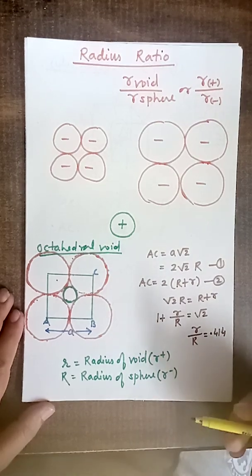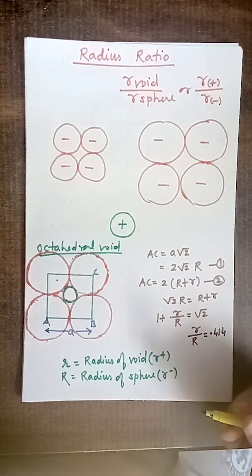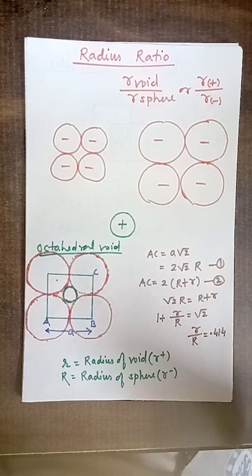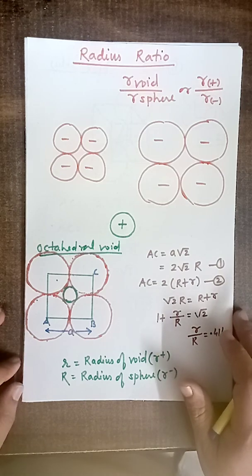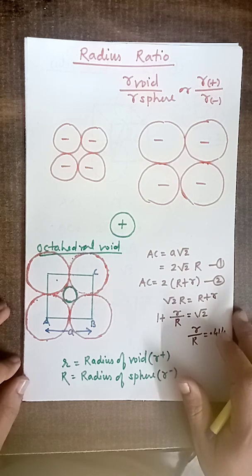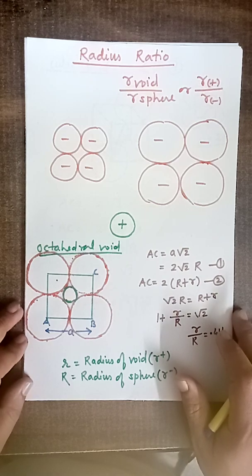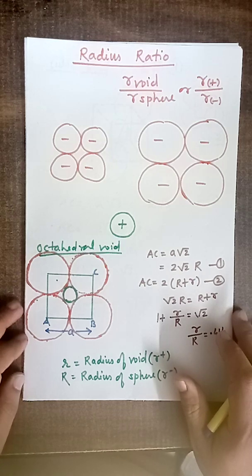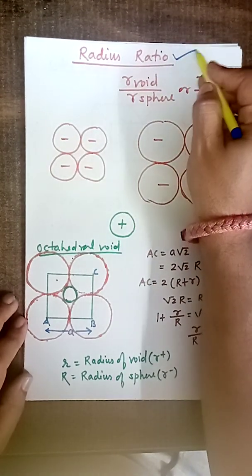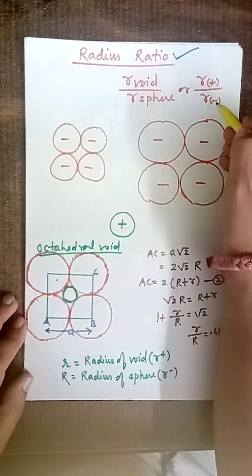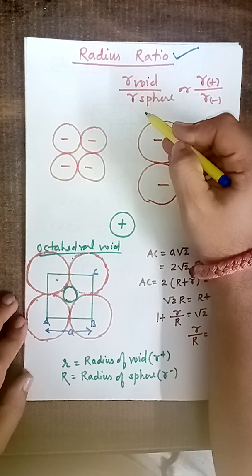Next point, it is radius ratio. Now so far we have discussed a number of questions. In some of the questions metal occupies octahedral void, in some other questions metal occupies tetrahedral void. Now whether the metal occupies octahedral void, tetrahedral void or any other type of void, which particular factor, which particular property of the atom should decide this? Then the answer is, it is the radius of both cation as well as anion. And this is expressed by the term radius ratio, which says radius of cation to radius of anion, or it is radius of void to radius of sphere.